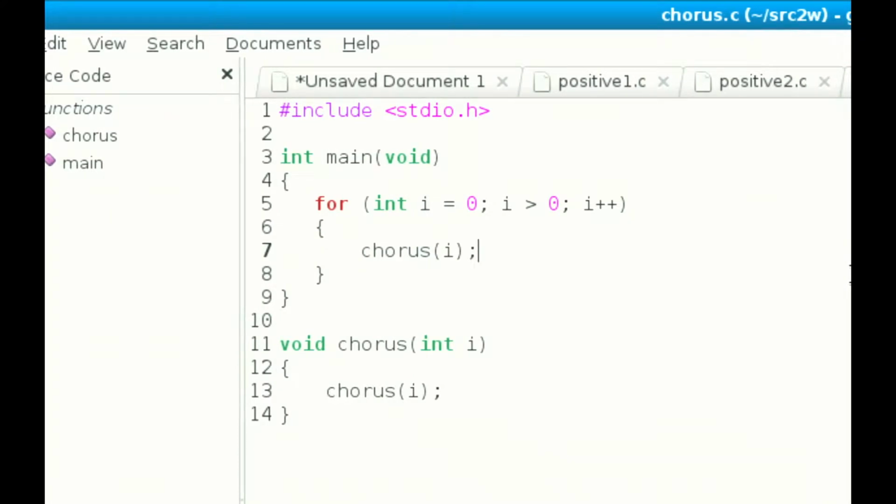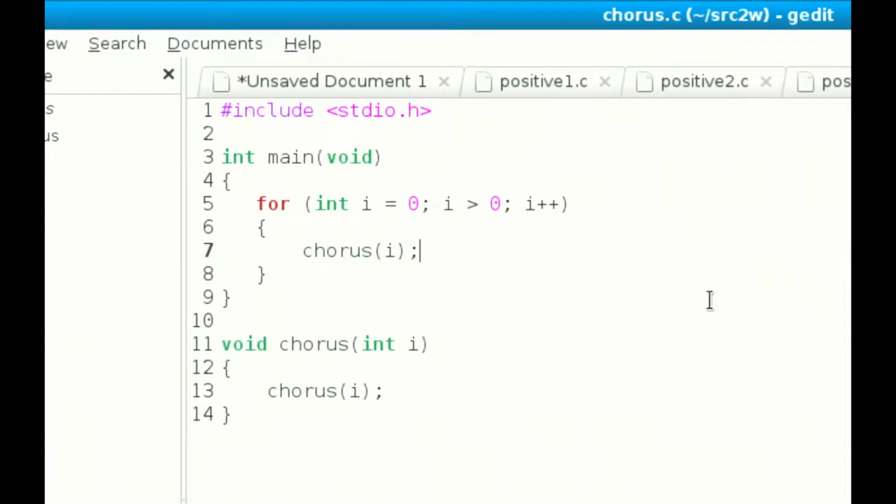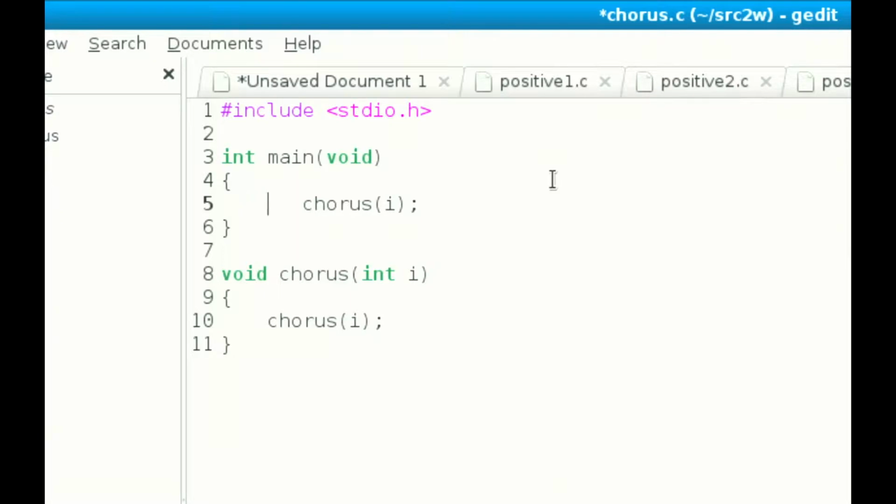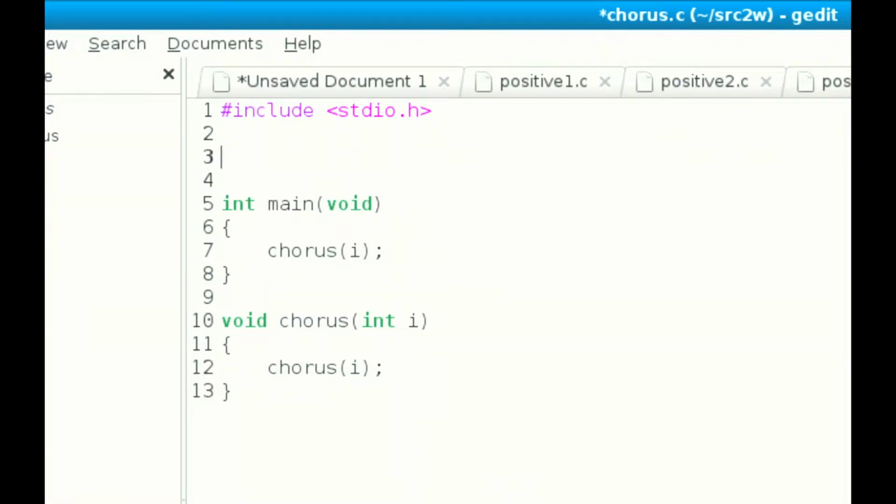Call itself. And actually, we don't need the loop. Let's even simplify this just so as not to lose sight of really the fundamental bug. Main calls chorus to sing some chorus. Then I did something stupid, and I had chorus call chorus because I assumed someone else was going to implement it, maybe. And now this isn't going to compile yet. I need to do what? I need the prototype, remember. So I need to have up here void chorus(int i);